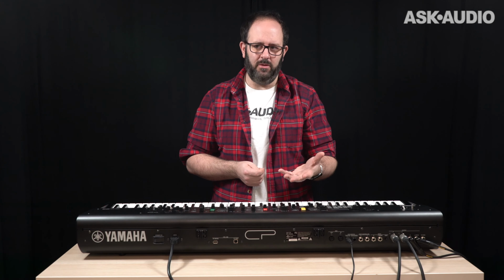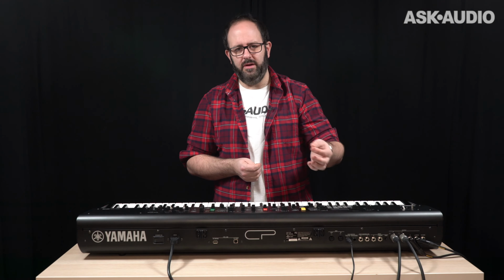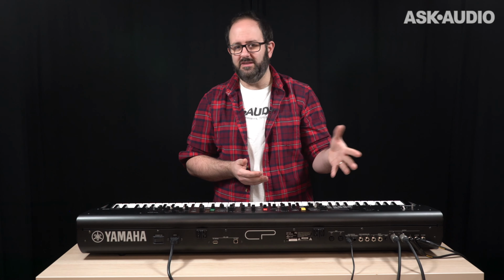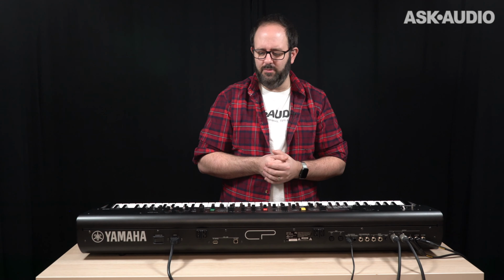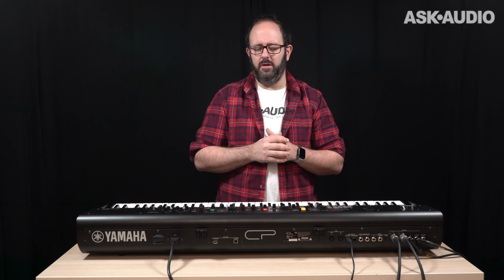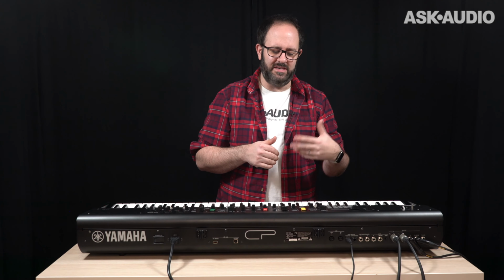If I have a pedal wah, I can just go ahead and plug in the control pedal, like a standard MIDI control pedal, and then turn on pedal wah. I don't have to activate it or map it and do a whole bunch of different things and map one thing to one thing. This keyboard is really set up for gigging keyboardists to get sounds and get them